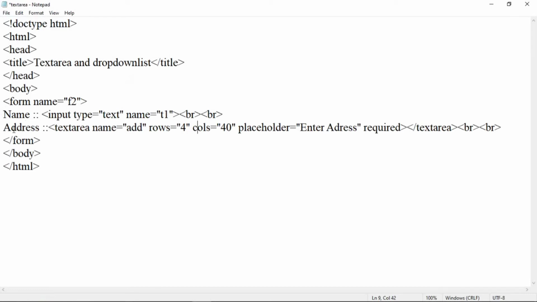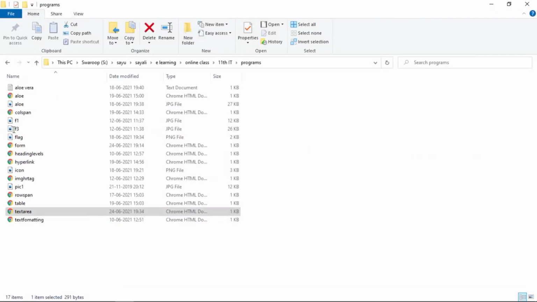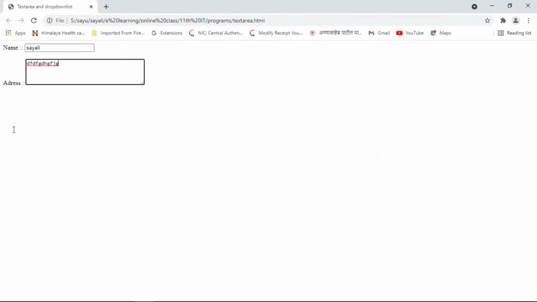Let us correct it. Enter address. Save this program, then Alt tab, and now refresh the page. So this is a hint for address. Whenever the user begins to type, that hint will automatically disappear. Okay.